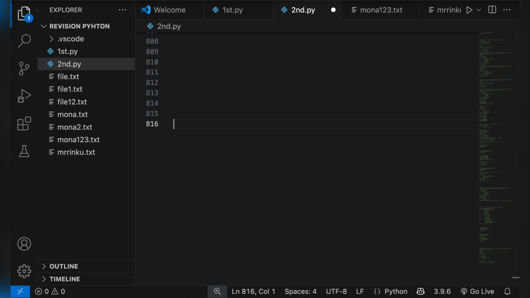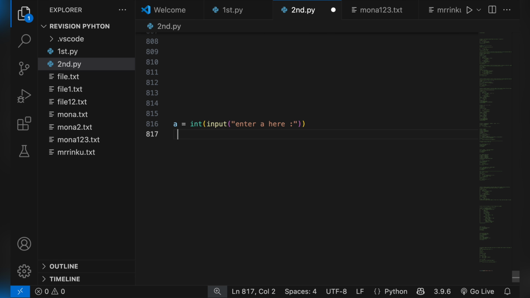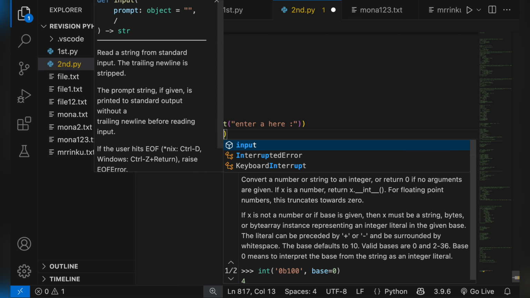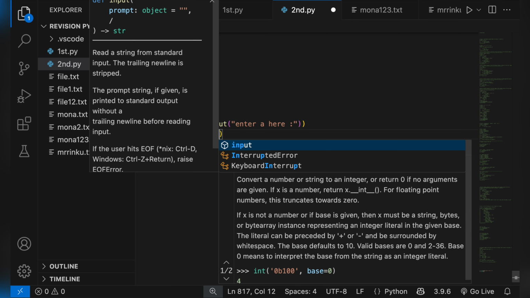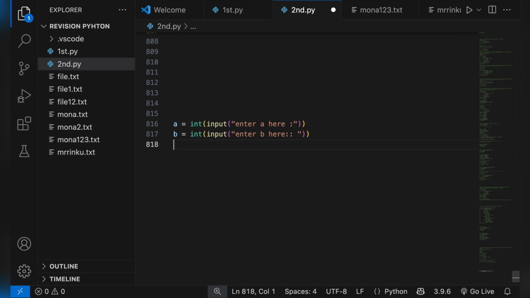And today we are going to make a Python program to print the prime numbers between two given numbers. Okay, so first I will take two inputs A and B. So A equal to int(input("Enter A here")) and B equal to int(input("Enter B here")). Okay, so now I will take a for loop between A and B because I am